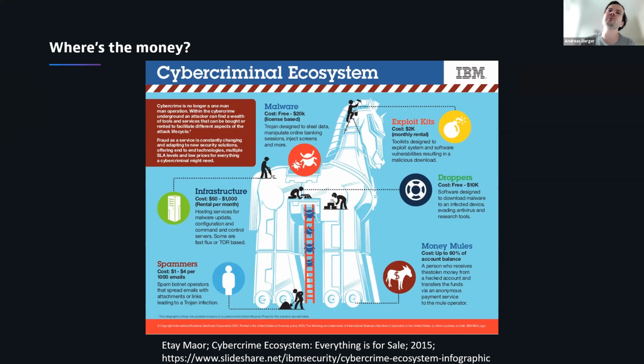For example, if I want to break into Tom's system, I probably want some site where I can deploy some kind of server that controls the malware that I put on his laptop, right? So I need some infrastructure where this runs. And there are, of course, vendors out there that sell you that. They even give you some kind of service level agreements. They tell you that this site won't be taken down even if some government or other agency engages and tries that, because they give you like 99.9% uptime. Of course, that has a price, right?